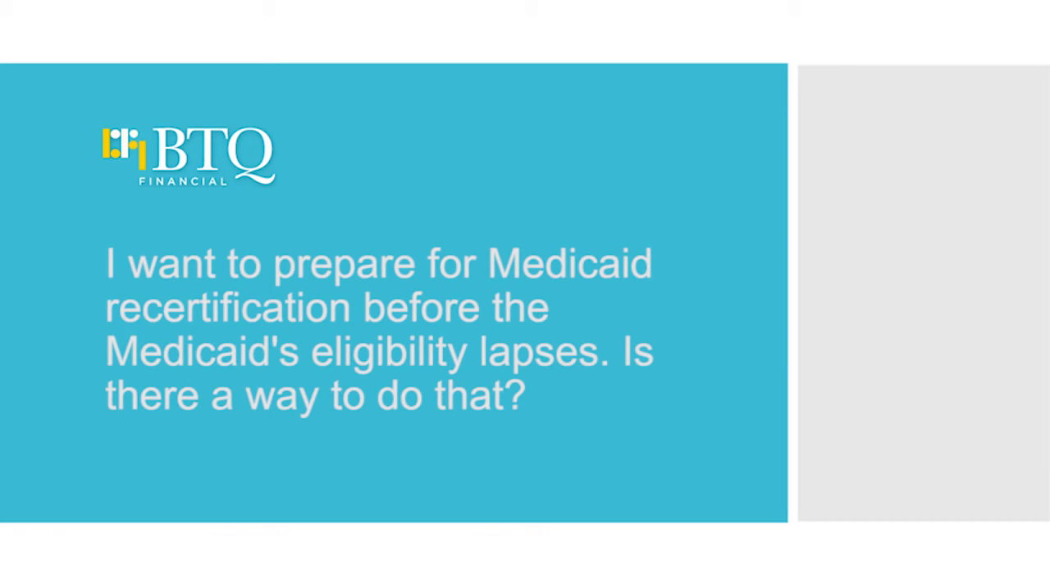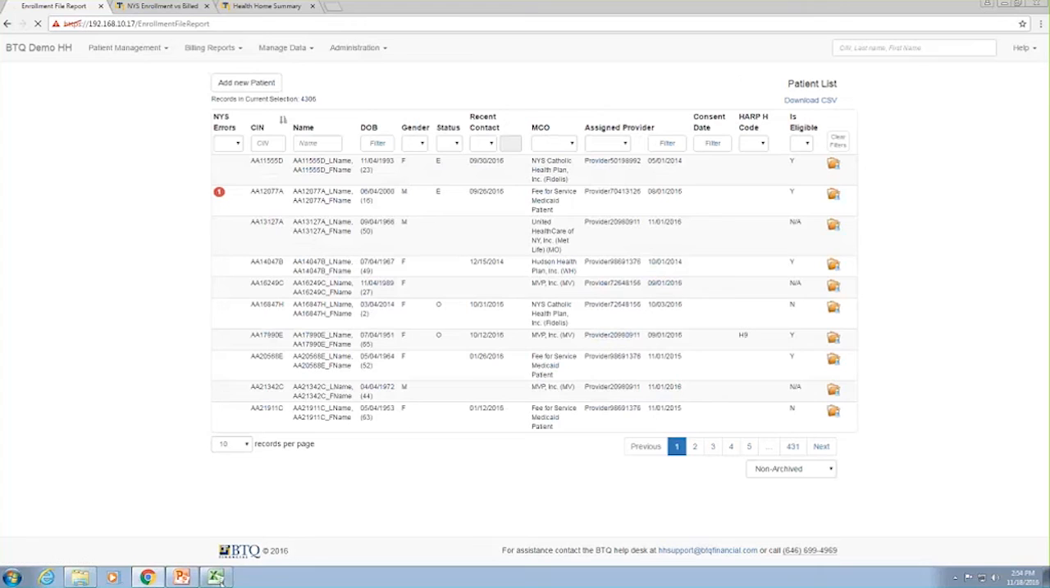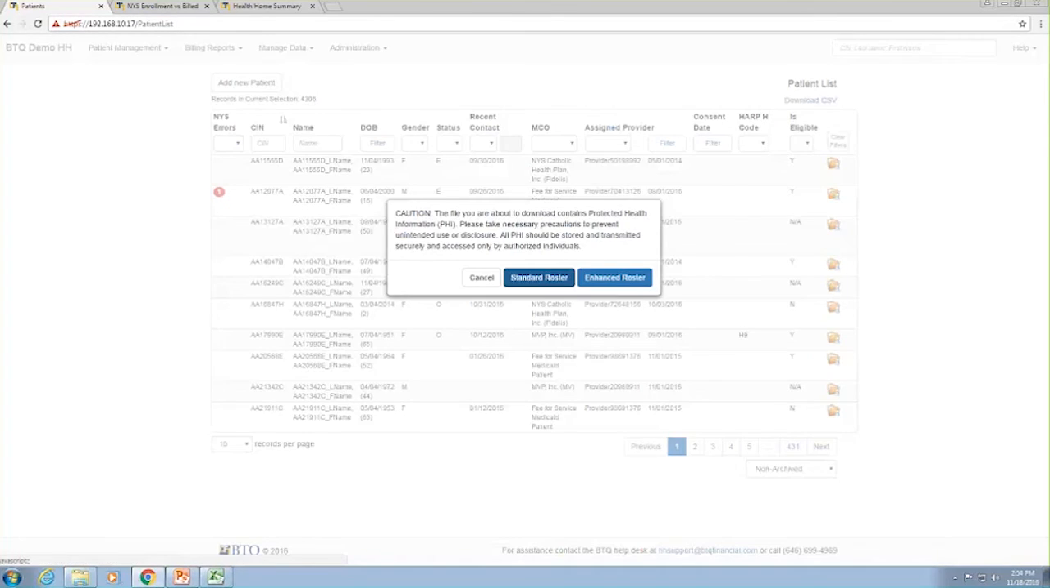Another question, I want to prepare for Medicaid recertifications before the Medicaid eligibility lapses. Is there a way to do that? Yes, we pull the prospective future Medicaid eligibility end date from MAP every day. So the way to see that is similar to how you see the high, medium, low category. You download the patient list enhanced roster. So you click download CSV on the patient list, you click enhanced roster,